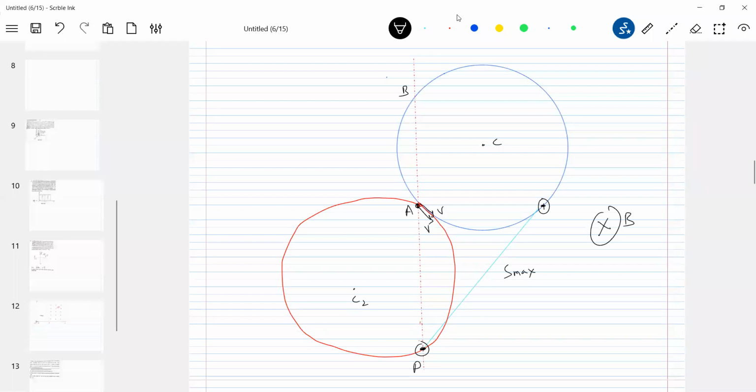So how to get this? We know this distance AD should be equal to some distance, you can call it P. So what is AD? AD should be equal to P again. How much did we get AD as? R root 2.